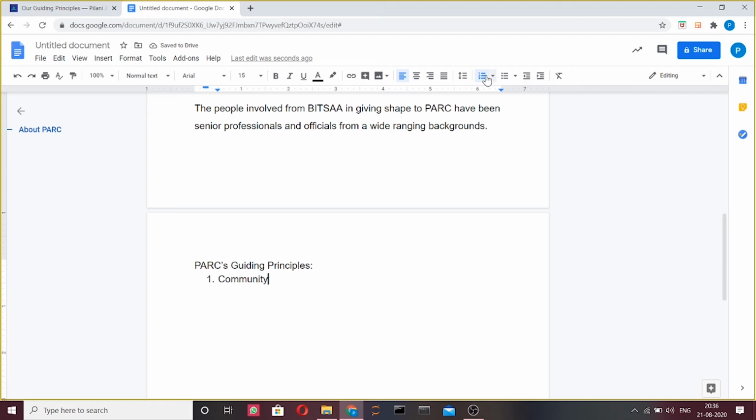Then, to move on to the next option, we press enter. Alternatively, you can also type out your information first and then select the group of sentences and click on either of the list buttons.